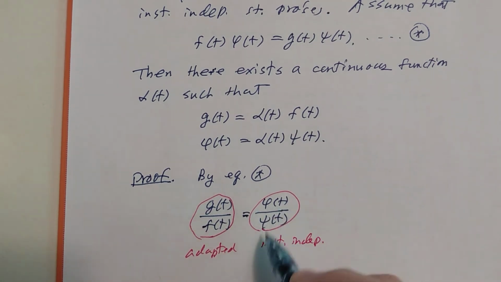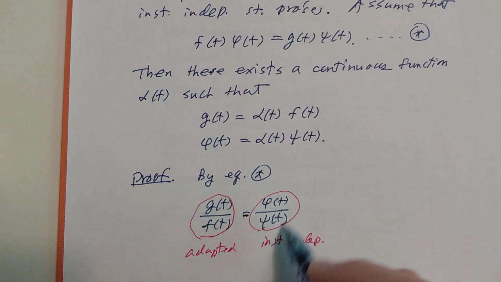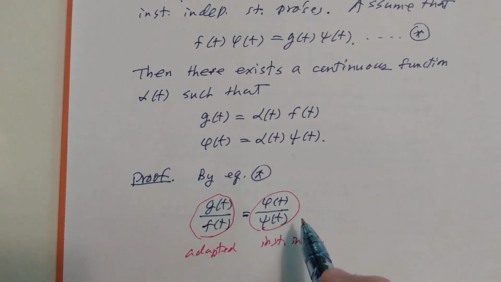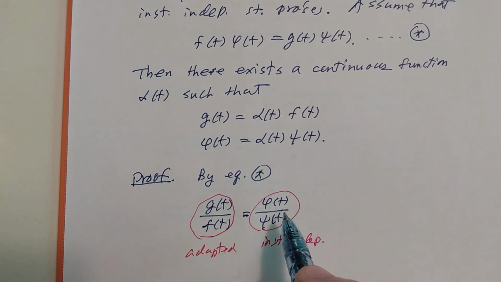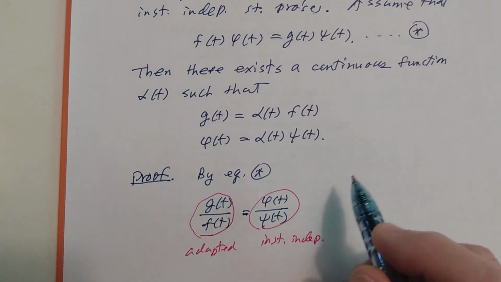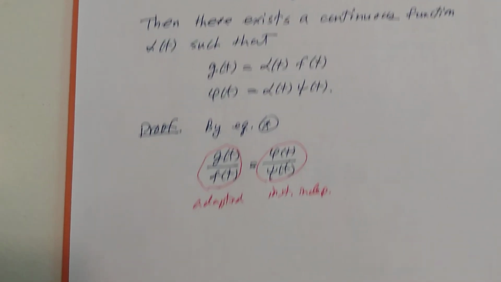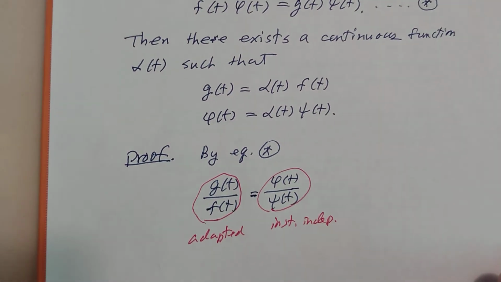Here, of course, in general we need to assume that the quotient of two instantly independent stochastic processes is also instantly independent. So in that case, the left hand side is adapted and the right hand side instantly independent. Therefore, by the above theorem,